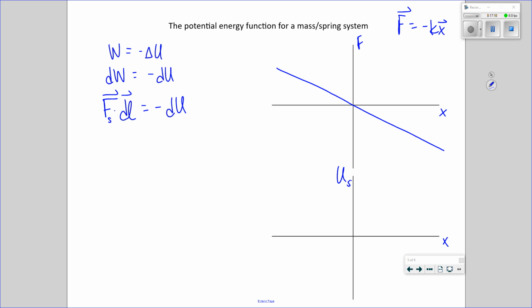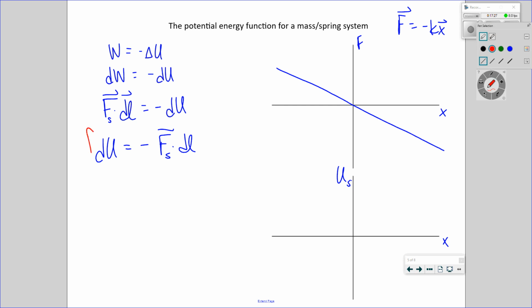So if we want to find U as a function of x, I'll just rearrange: dU is negative F spring dot dl, and thus if we want U, we add up all the little dU's, and we add up all the little F dot dl's, and therefore U as a function of x is going to be, let me take out this first negative,